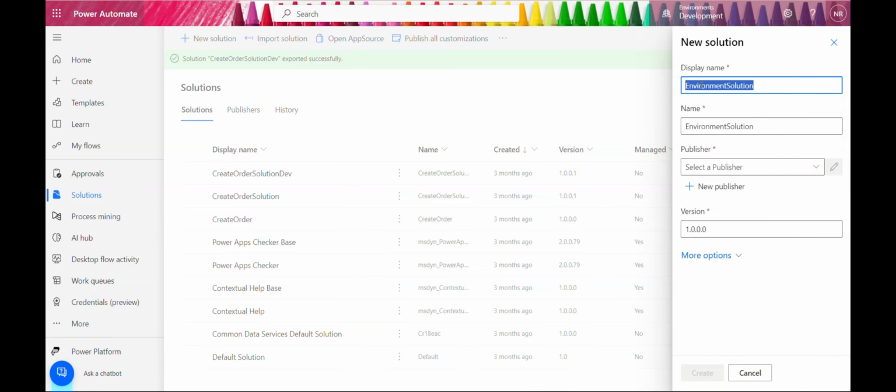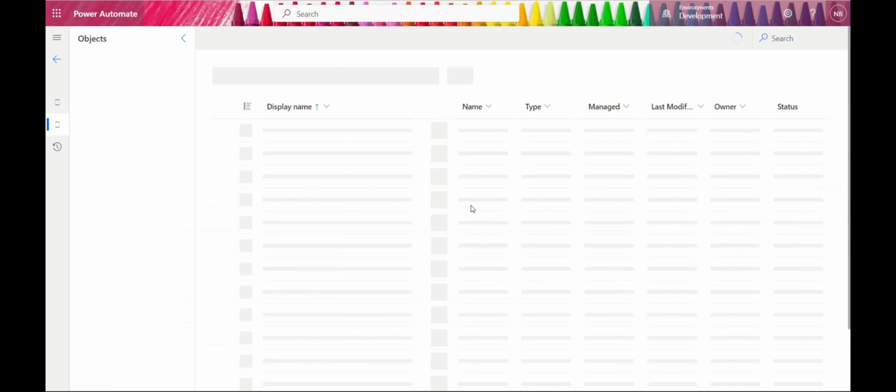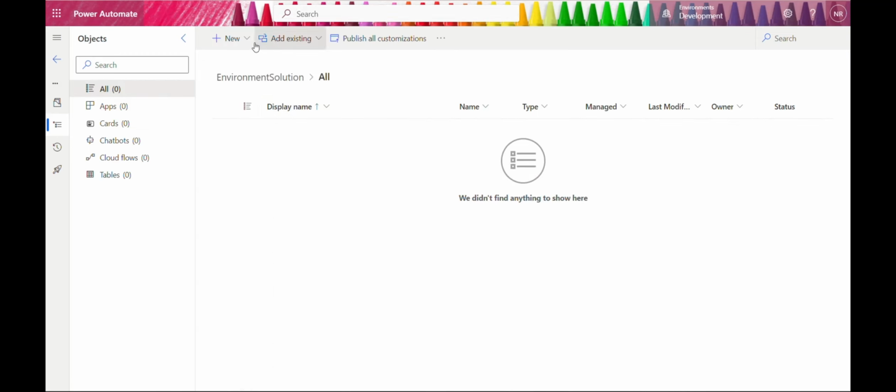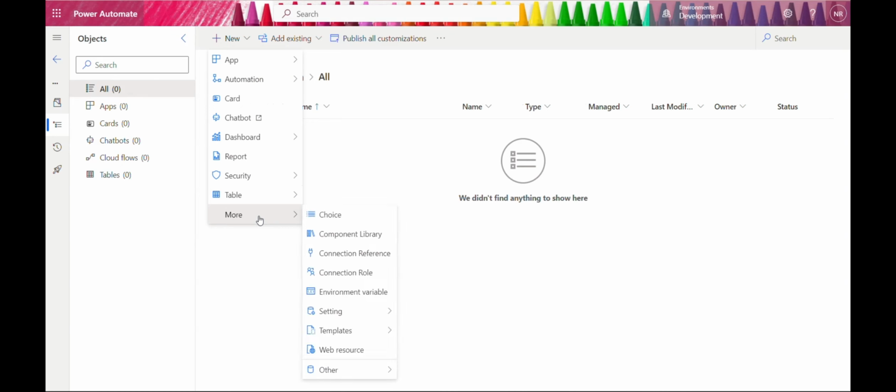and we can give it a name such as environment solution. You can choose any publisher, or you can create your own. Just click create, and once your solution is created, we will have the username and password under this solution, right? So once this is created, click on new, click on more,